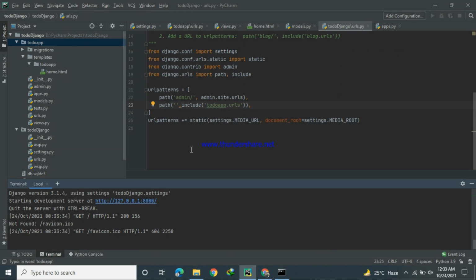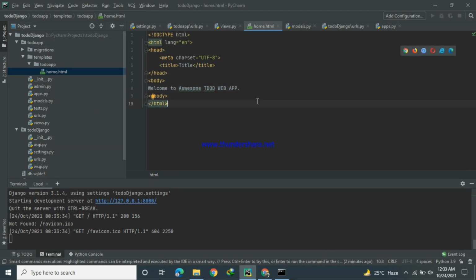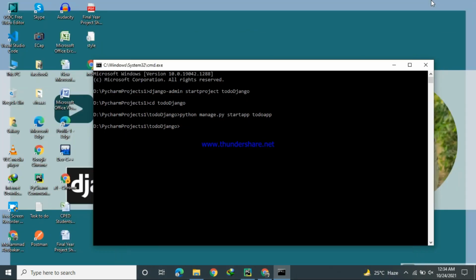So let's move to our statics. First of all, I will update the home.html file. For example, I have already built an HTML file.